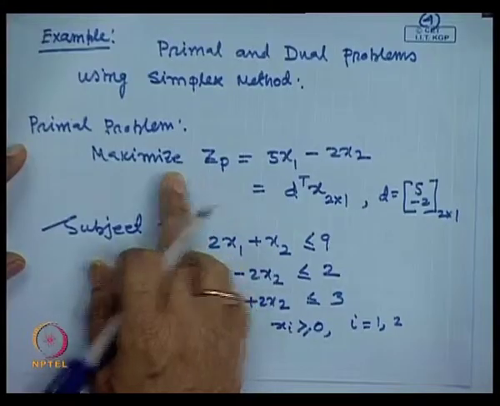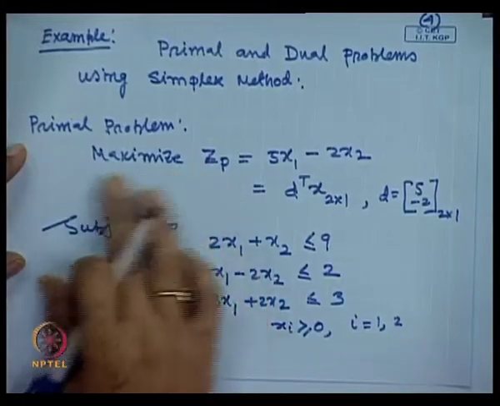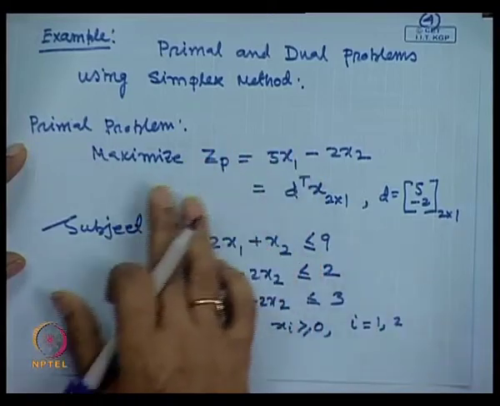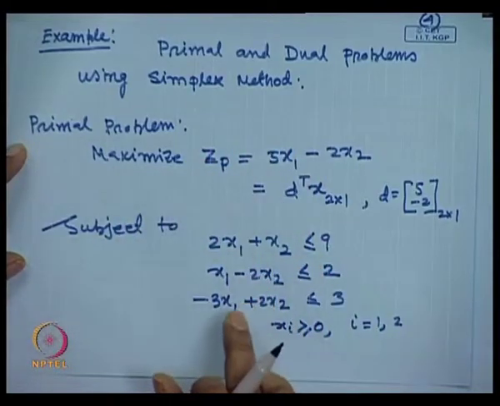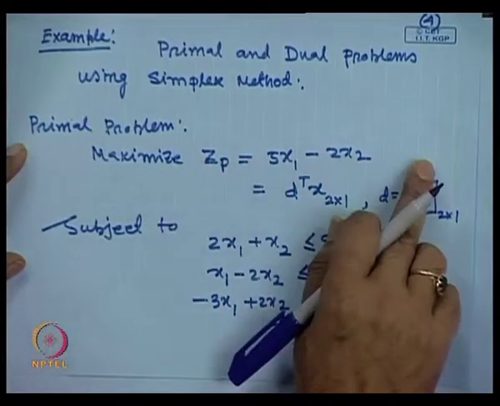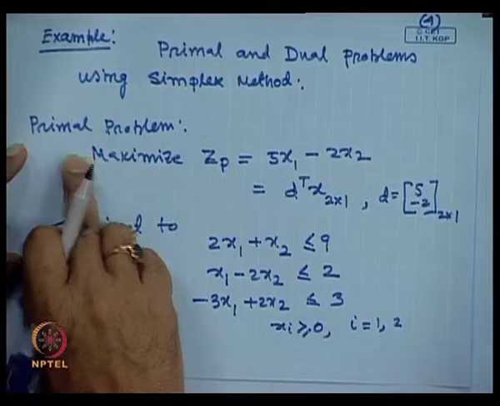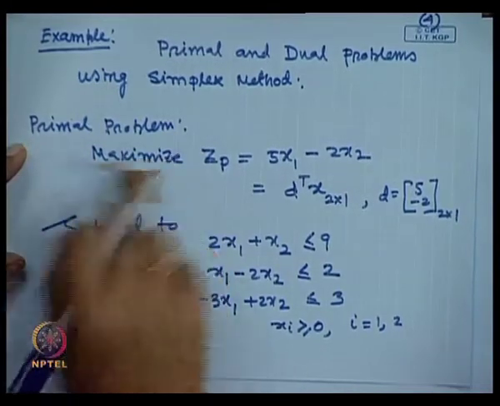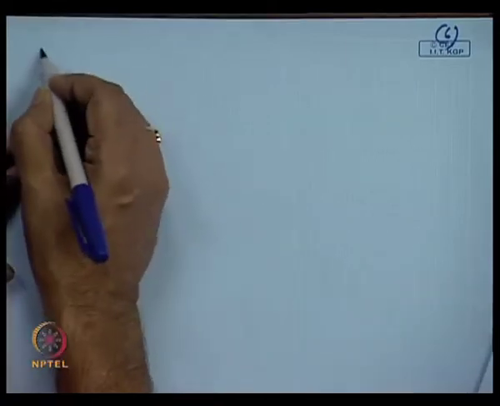How will you do? Now, you remember first you have to minimize that function. How will you consider the objective function of that dual problem? Whatever the coefficients are there, those coefficients will come in the objective function of the dual problem, and that dual problem will be a minimization of the objective function. So, if you do this one, the dual problem, keeping that in mind,